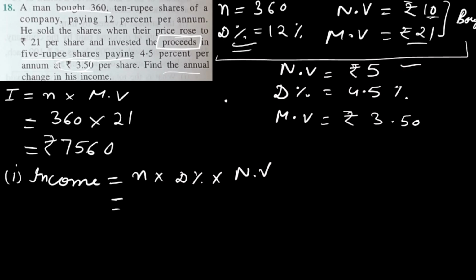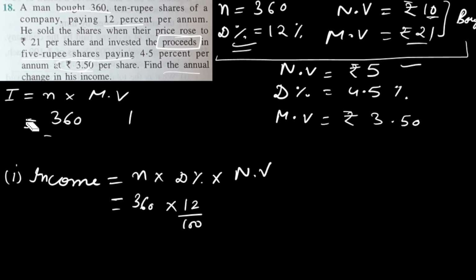So income, when I'm finding, number of shares here is 360. Dividend for this one is given to us as 12%. Because I'm finding the income from the first one, here investment is not required. It was just the story of the question. Whatever he is earning, just to explain to you, I found the investment. It is not required. They just want us to find the change in the income. So income means dividend. So for both the cases we just have to find dividend.